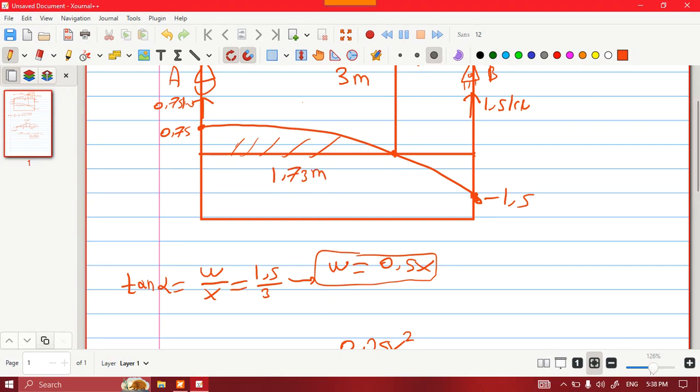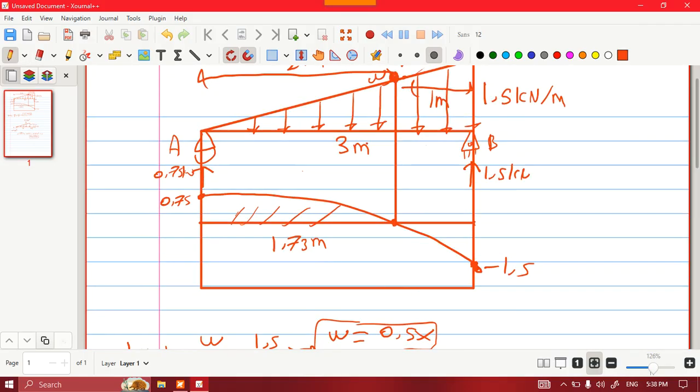1.73 meters, and the moment max basically is the integral of the shear diagram. If we integrate this shear area, we are going to find the moment diagram. The shape is a parabola, and its area is known to me. I'm going to call it moment 1, for example. The area formula you have to memorize, it's 2 over 3, and it will be given in the exam. I think you don't have to memorize it. 2 by 3 times the height 0.75 times the length 1.73,